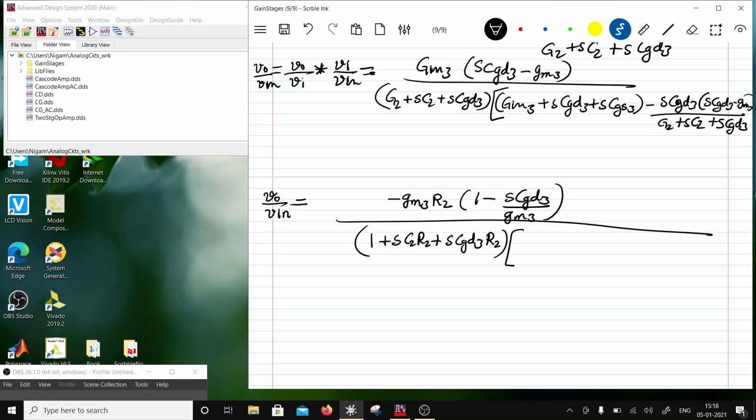This thing has to be multiplied by this thing, so if I just solve this one, right,